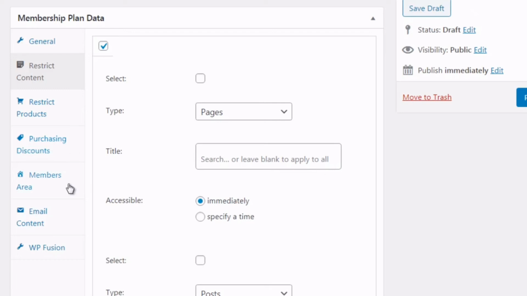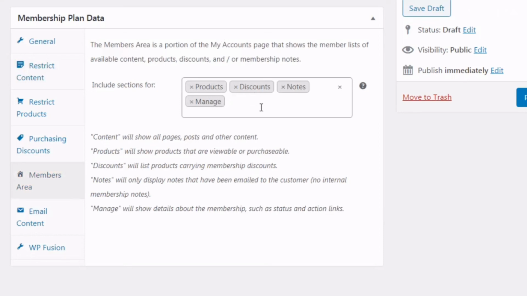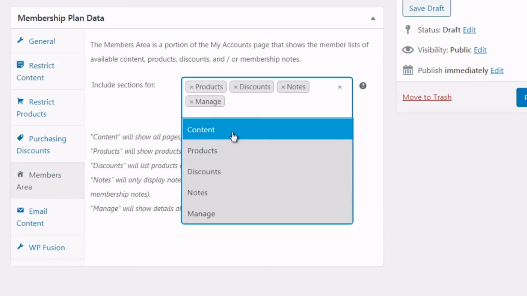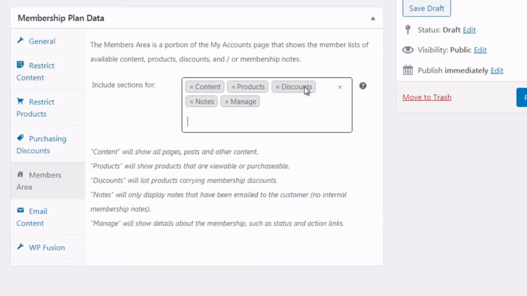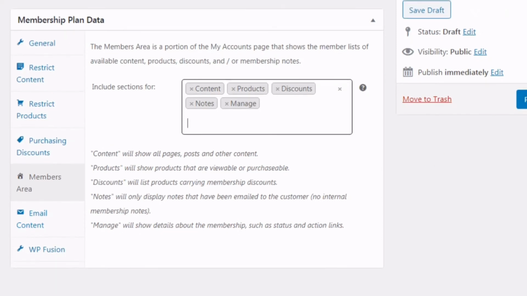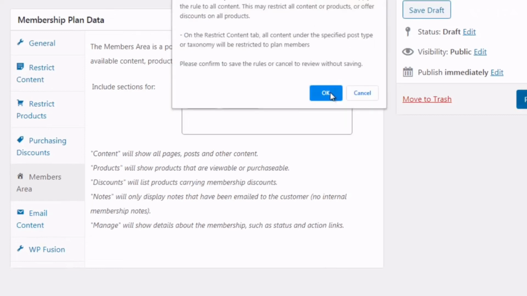Then we have members area. And for this one, I would just include everything. So I would include the content, the products, the discounts, and everything. And then email content is self-explanatory, and that's all you have to do. So once you are done with that, we would click publish, click OK,